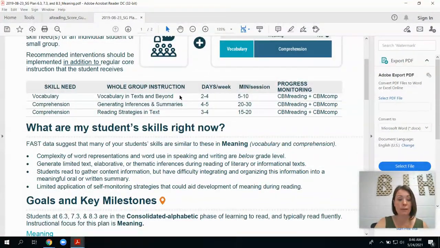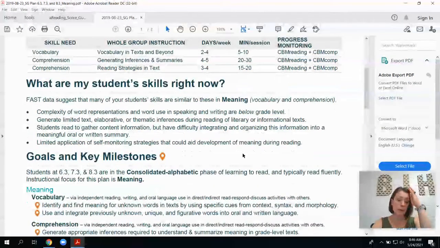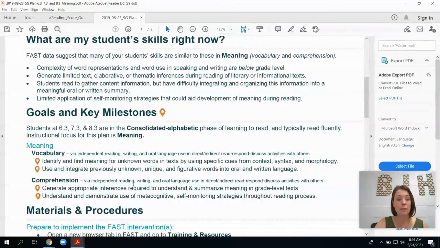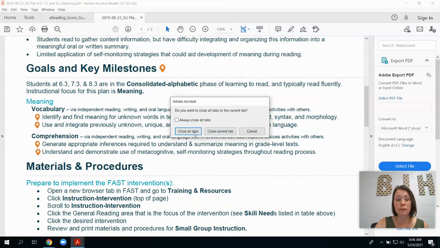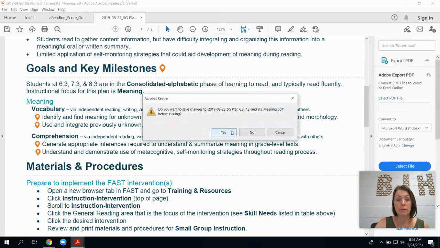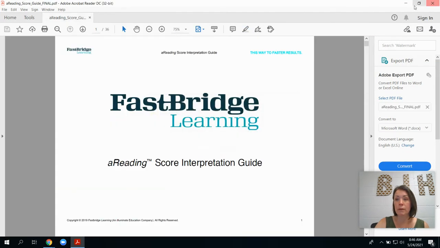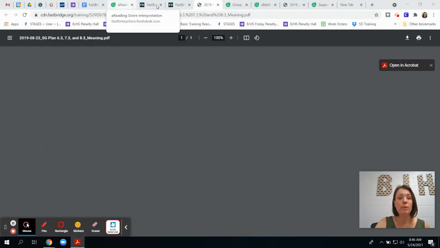What are my student skills now? The FAST data suggests that many of your student skills are similar to these in meaning. So these are where you need to kind of take a look at your ideas and what the data is telling you. Now, if you go there we go. If you go back to